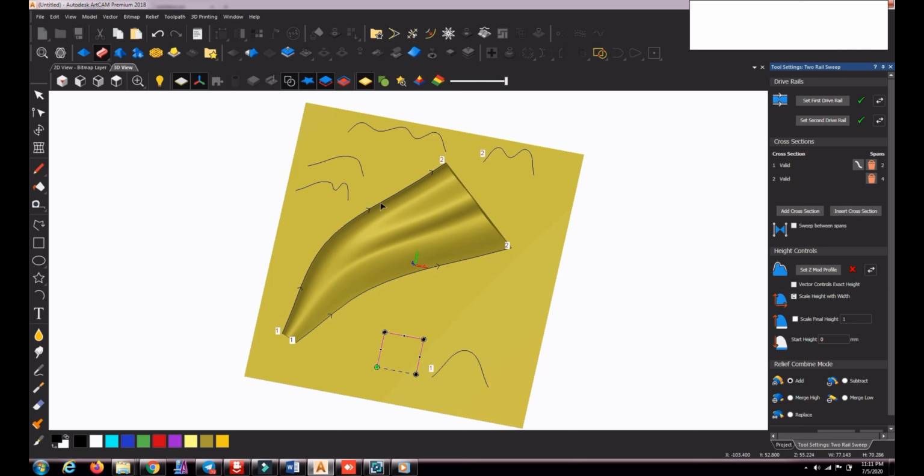Insert is always in between the start and end points. So somewhere in between we can insert. At that time, we will select that cross section. We have already selected the vector. Then we will insert the cross section, and we have to click for the location where we want to place it.